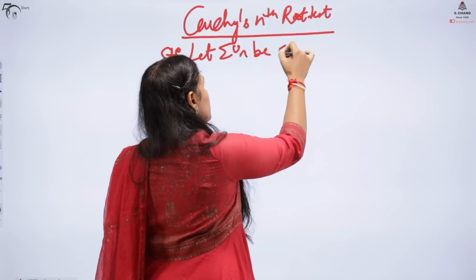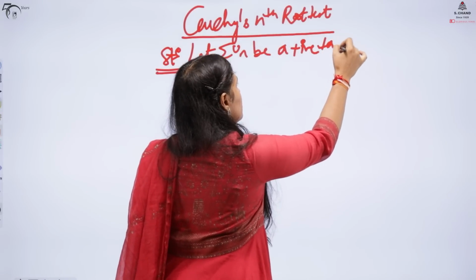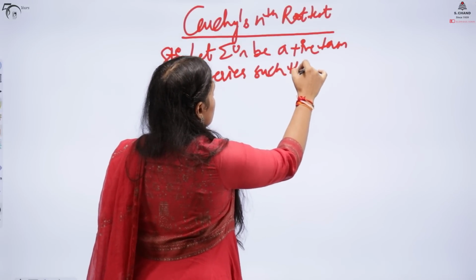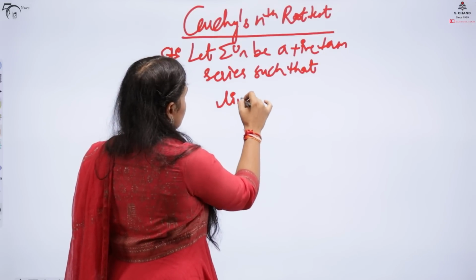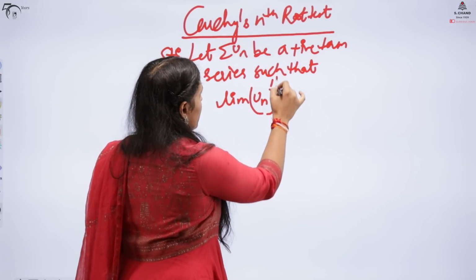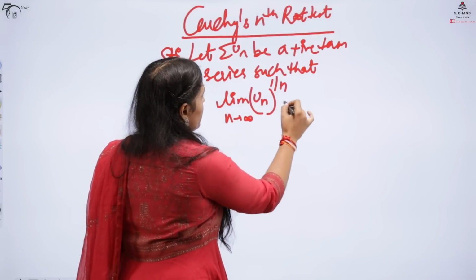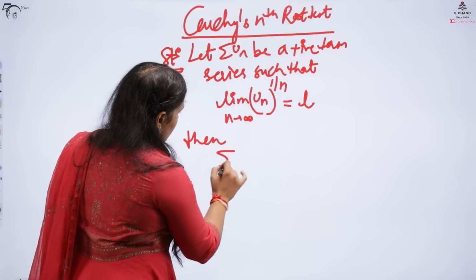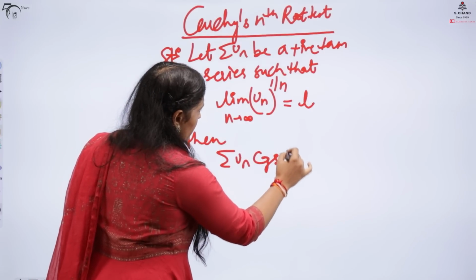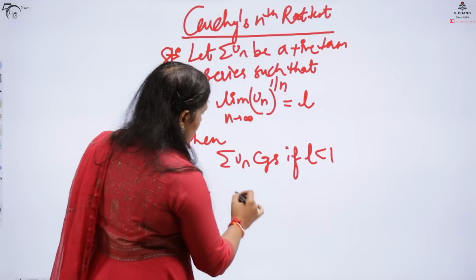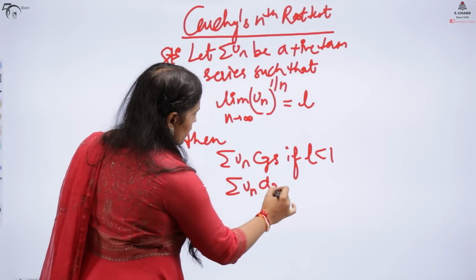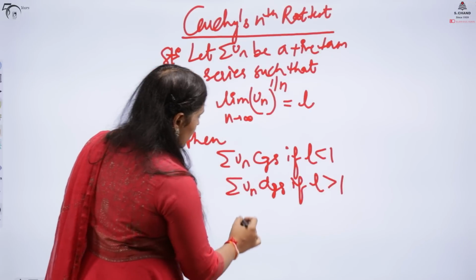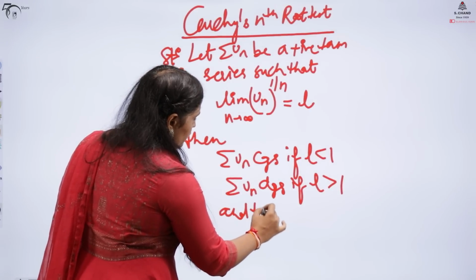So let summation un be a positive term series such that limit of un to the power 1 by n as n tends to infinity is L. Then summation un converges if L is less than 1, summation un diverges if L is greater than 1, and